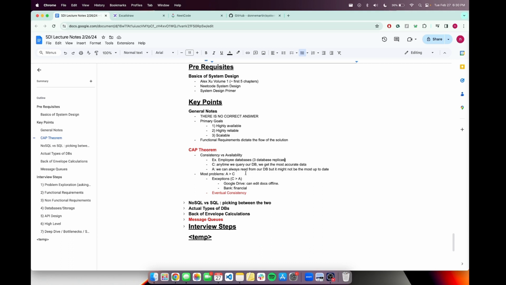Versus with availability, they may not get the right data, like they might get old data, but anytime they're trying to read data from the system, they're always going to get data back. So there will be fewer instances where, who knows, maybe the databases are not working and they just don't get any data back. So in this example, usually availability is